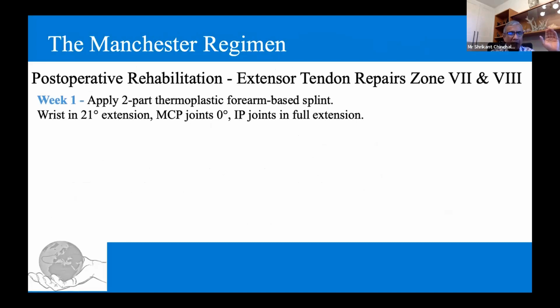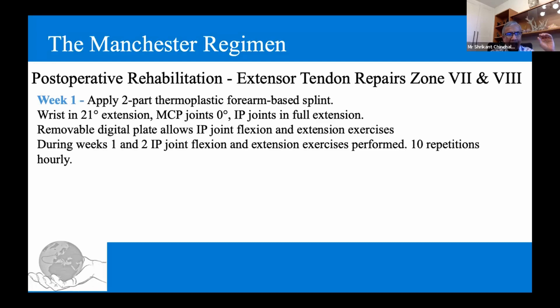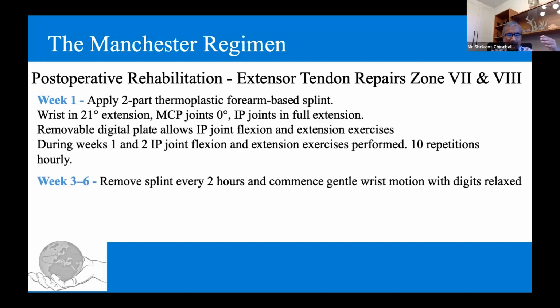with the wrist in 21 degrees of extension, MCP and IP joints in full extension. The patient should be given a removable digital plate allowing IP joint flexion and extension exercises. During weeks 1 and 2, IP joint flexion and extension exercises are performed about 10 repetitions on an hourly basis. Between week 3 and week 6, the patient should remove the splint every 2 hours and commence gentle wrist motion